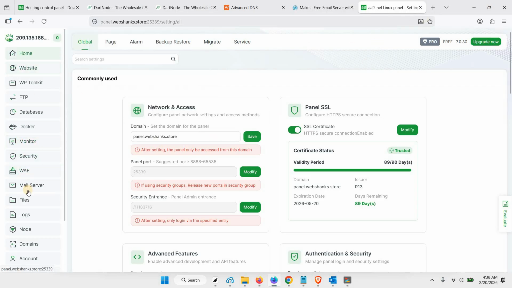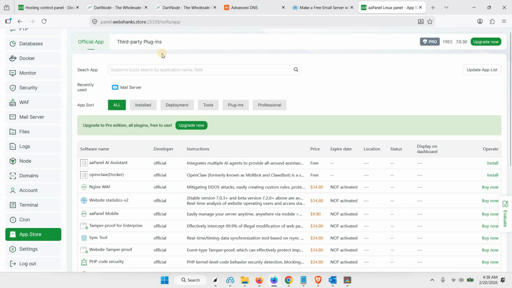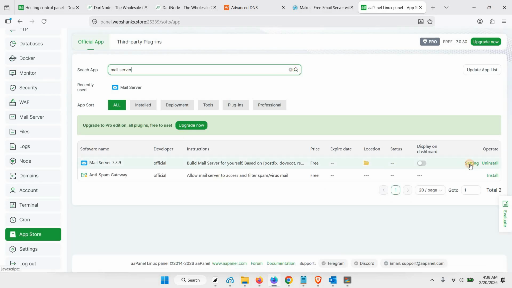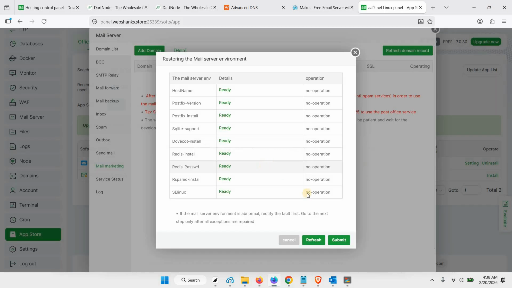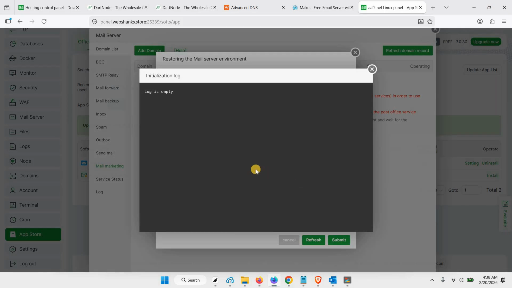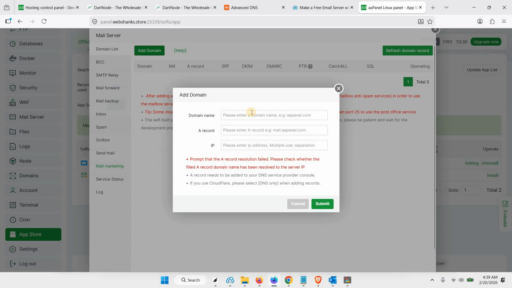And now let's go to App Store and find mail server. So I have recently used it once. Okay, just click setting, click confirm, and just click submit. Great, now we will add domain. So that will be